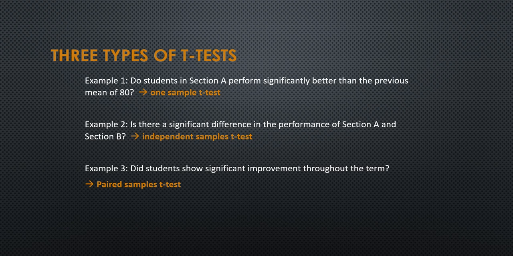So those words indicate a 2-tailed test. And in example 3, you would want to notice the keyword improvement, because if students take a pre-test and then take a post-test, and it involves grades, then the word improvement would imply that the post-test scores minus the pre-test scores would need to be something positive, rather than negative, because